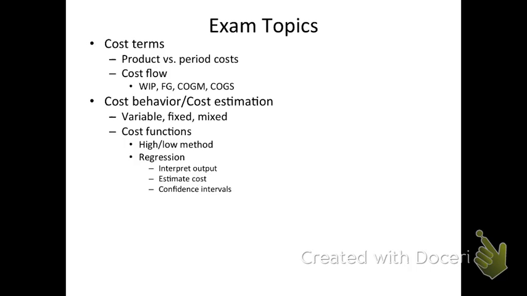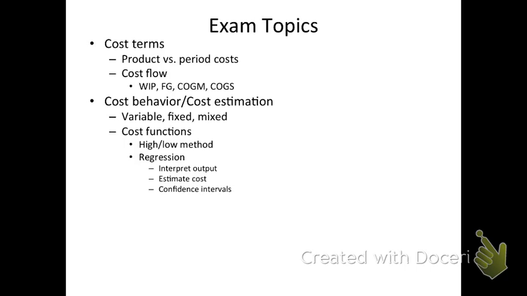And then cost behavior, knowing the definition of a variable cost versus a fixed cost versus a mixed cost, knowing the characteristics of that. For example, that variable cost per unit will stay the same over the relevant range. Fixed cost in total will stay the same over the relevant range, and a mixed cost includes both a variable and a fixed portion. Then using cost estimation functions to actually take a mixed cost and separate it into its fixed and variable portions. We used high-low method, and we also used regression, being able to interpret a regression output,